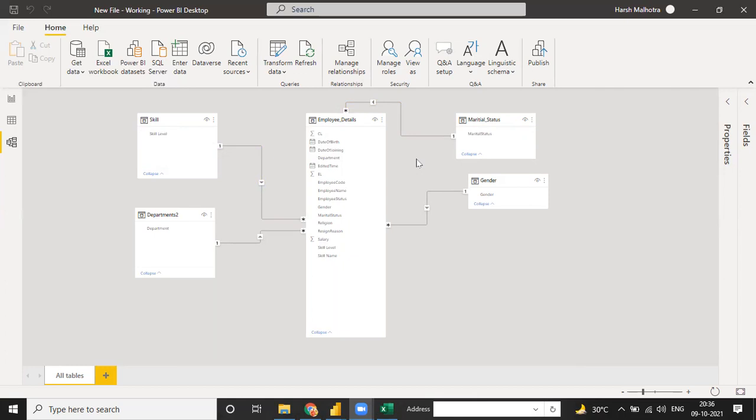Right. See, if you don't make a relationship between this table and this table, you cannot find the employee count by marital status. If this table is connected with this table, the slicer value is given in the marital status, and it will also give you the value of employee detail. It means one table is connected with the other, so that is the reason we use Power BI.